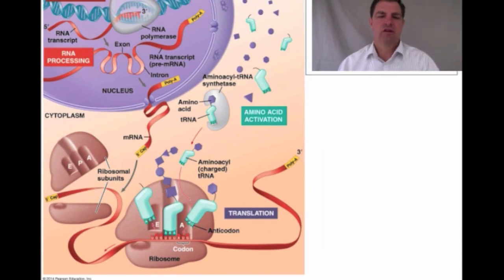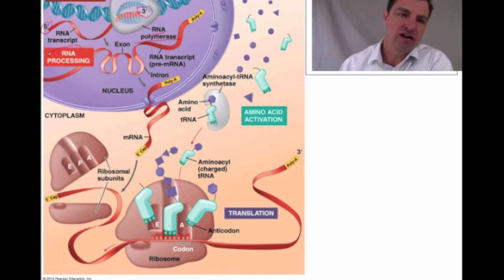This is a picture sort of putting it all together, trying to show you the whole thing together. So here's a cell. Here's my DNA, here's my RNA polymerase molecule here, and again, I'm reading my DNA. Once again, just like DNA polymerase, RNA polymerase travels in the 5' to 3' direction. So there's my 5', there's my 3'. RNA polymerase is like DNA polymerase, but it hooks RNA nucleotides together. So as I travel along, I'm hooking my RNA nucleotides together.